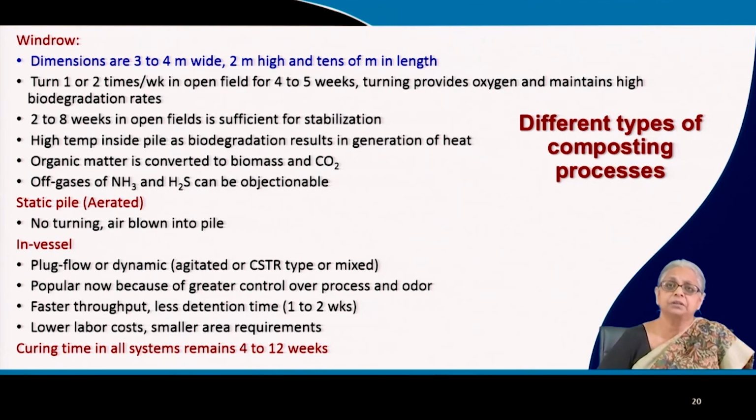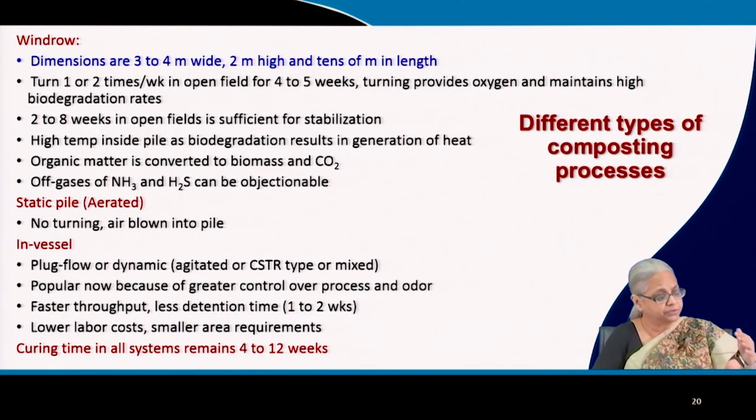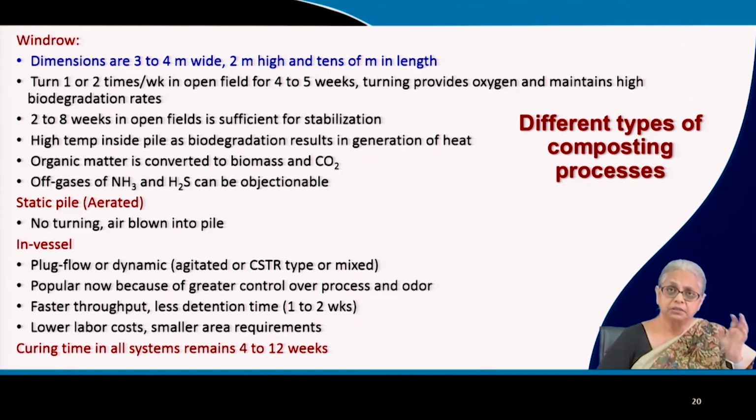And this heat is responsible for destroying pathogenic species. Once your temperature is around 50 degrees or higher, from anywhere from 50 to 70 degrees, you are going to get destruction of any pathogenic organisms that we are concerned about. So this heat generation is crucial to the success of the composting process, and this high temperature is easily achieved